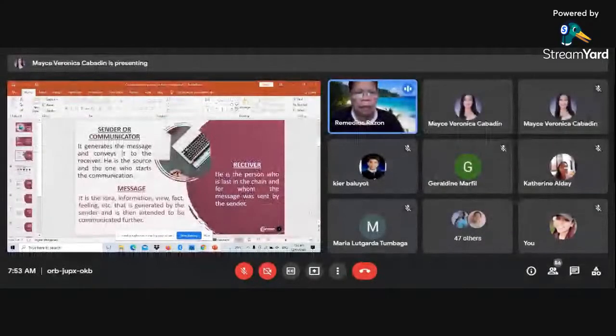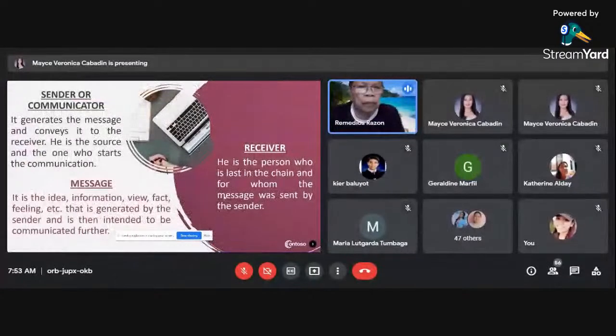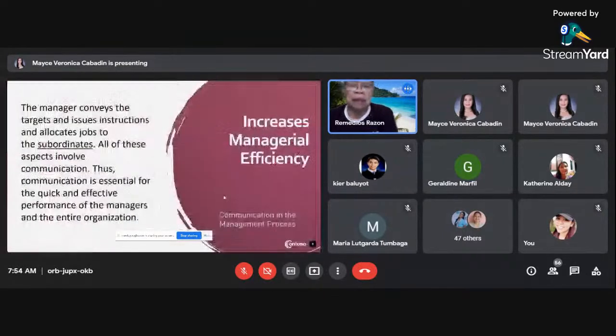Okay, yung sender or communicator. So kailangan talaga ang sender natin a good communicator of ideas. Kasi pag hindi maganda, pag hindi maliwanag ang communication niya, hindi maintindihan ng receiver, mali ang magiging ideas ng mga tatanggap. Kaya kailangan ang sender ay good communicator. At doon at the last niyang management process, boost the morale of the employees.